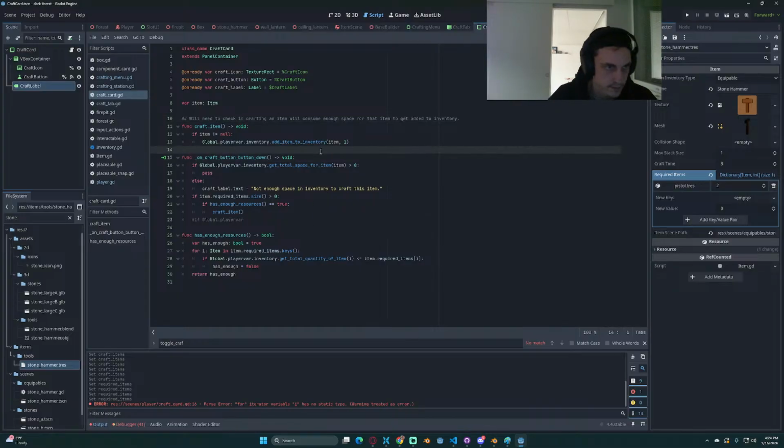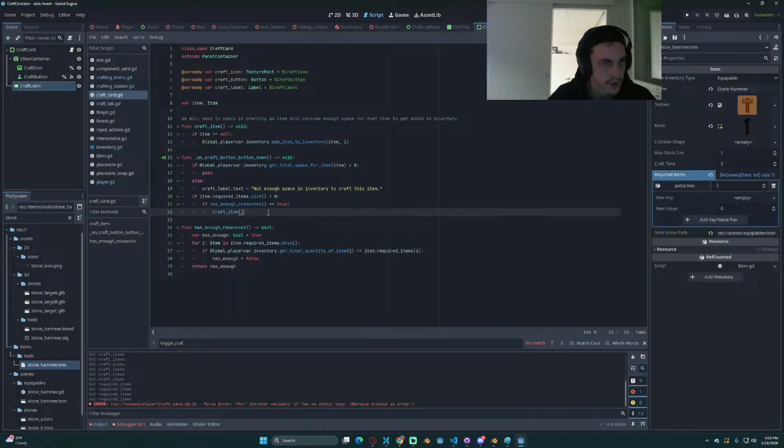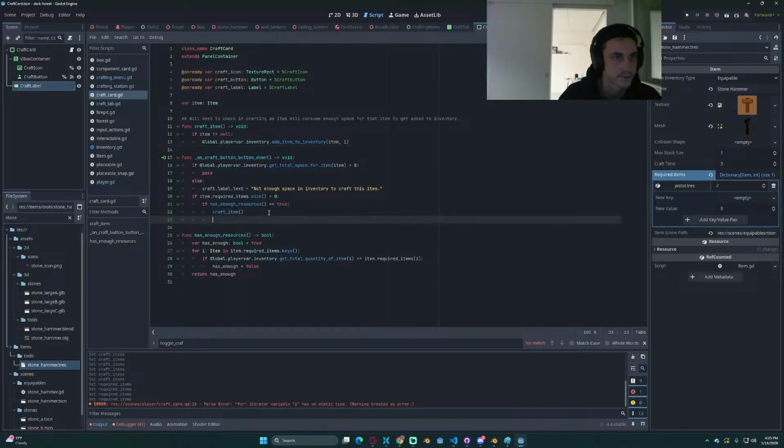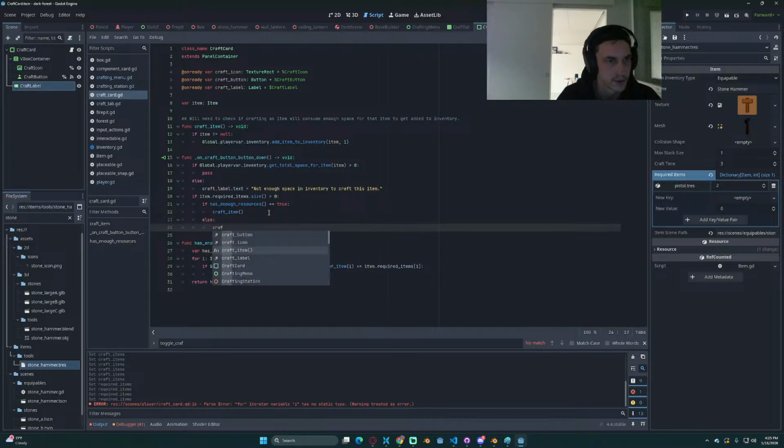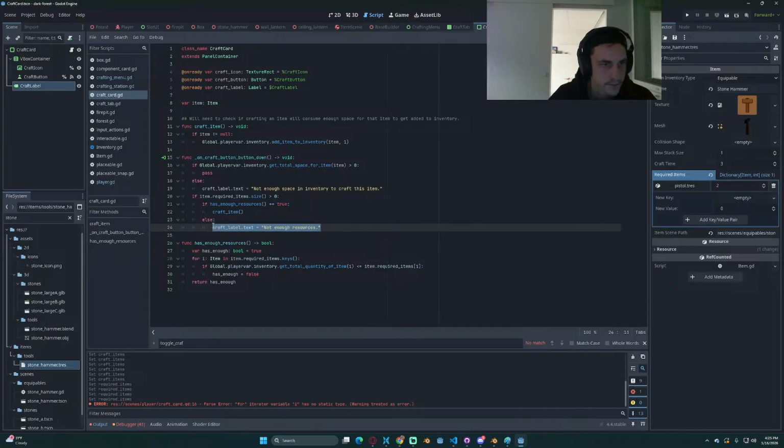Okay, we've got craft item. So if has enough resources is true, then we craft item. Else, craft label text equals not enough resources. Actually, we can do that here, and we can say